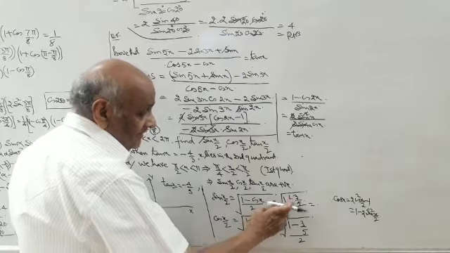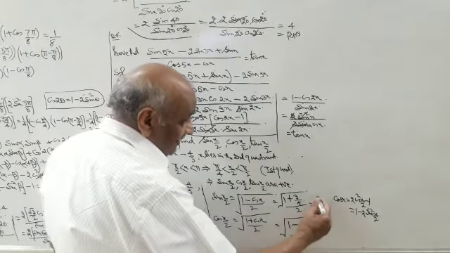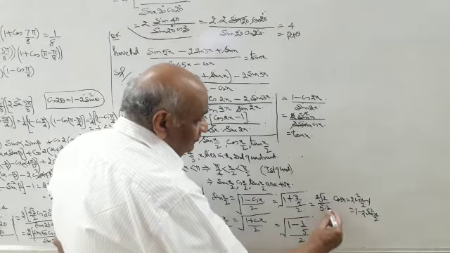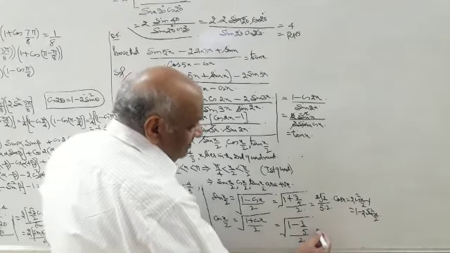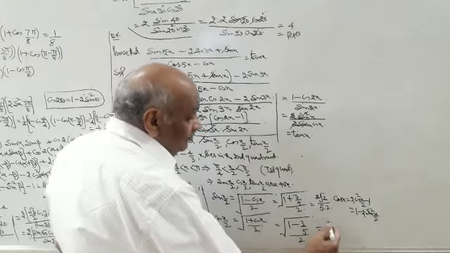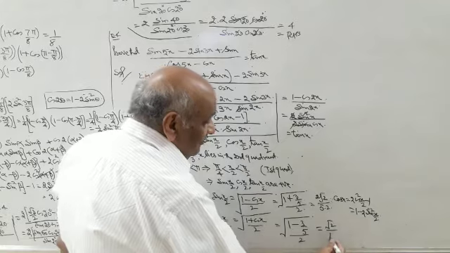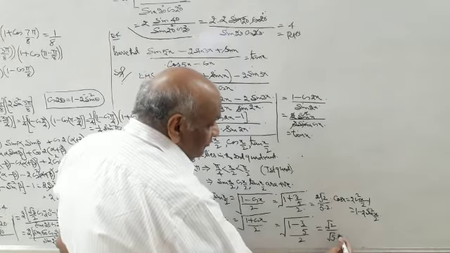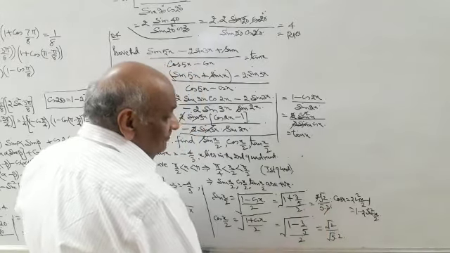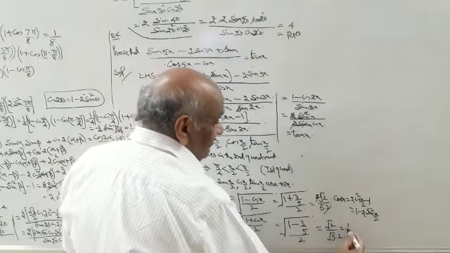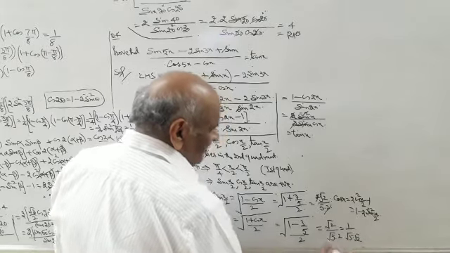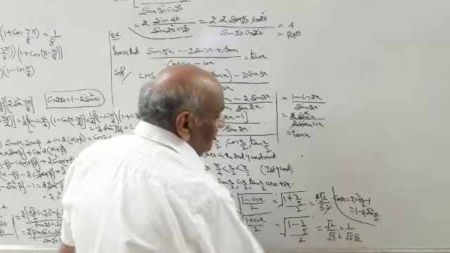5 plus 3, 8, 8 upon 5, 2, under root of 2 upon 5 into 2. Here it is 5 minus 3, that is under root of 2 upon under root of 5 into 2. Look, whatever comes, just cancel the 2 in it. Similarly here it can be 1 upon under root 5, whatever comes, under root 2, like this. Whatever it is, you can simplify and put up the value.